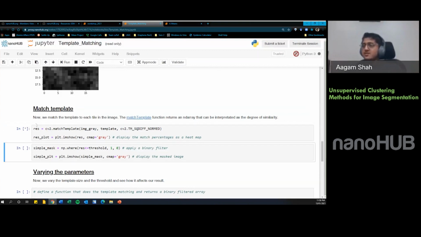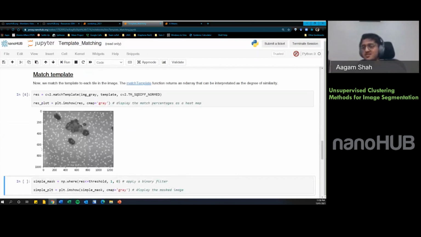Let's run the cell, and this is something like a heat map of the distance between the template and every point in the image. As you can see, the darker regions have lesser distance, and as the pixel becomes whiter, the distance increases. So these regions seem to have a lesser distance from the template,